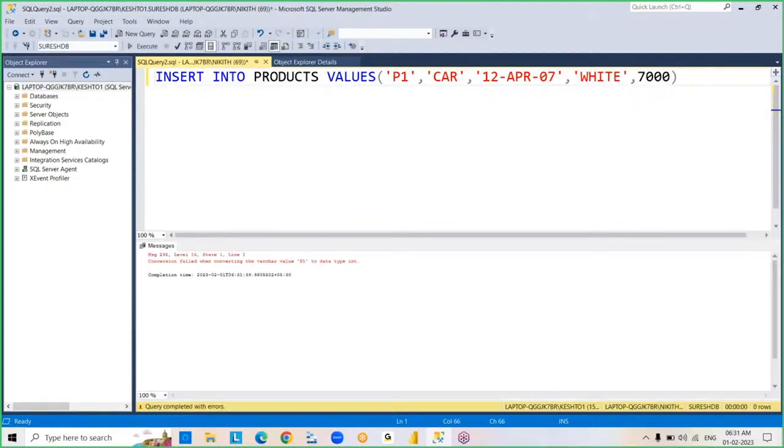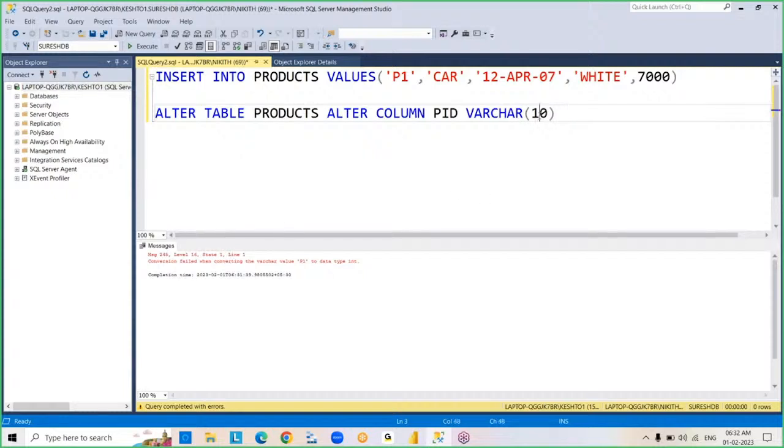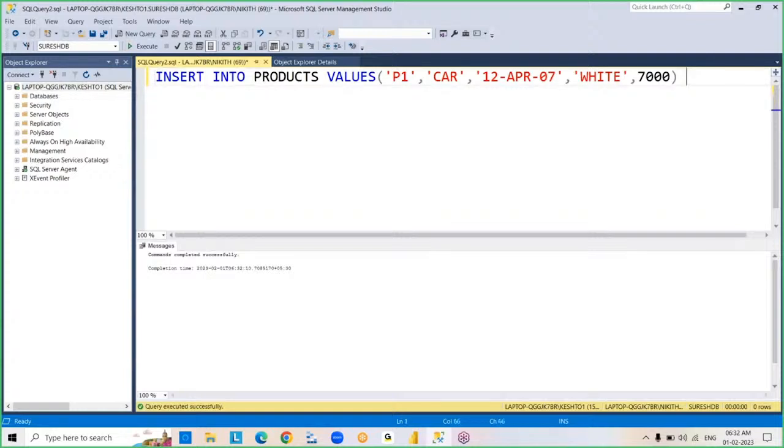Now see this. Oh no, we created the table again, right? Wait. Alter table products, alter column product ID varchar, so make it 20. Now it works. See this. Data inserted. But my question is,